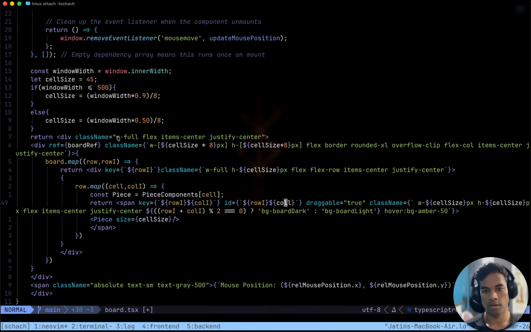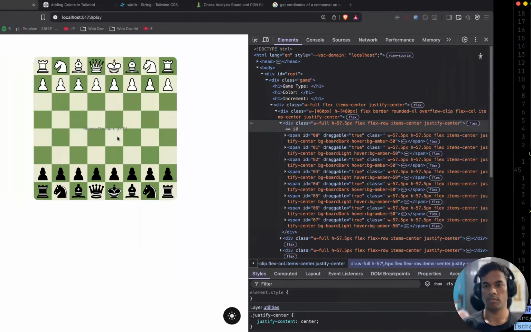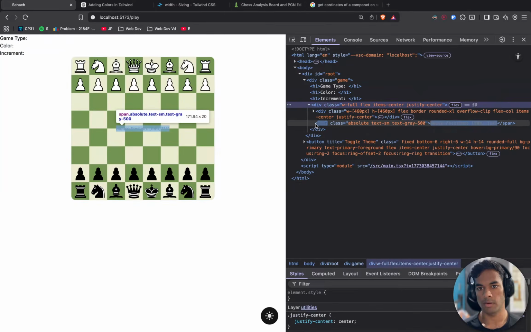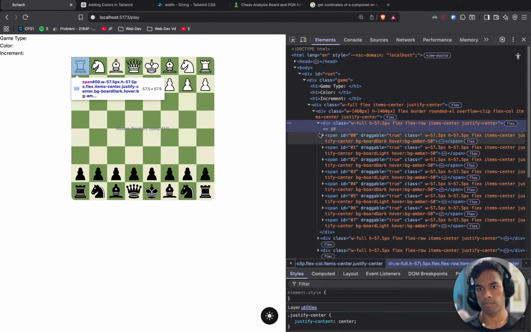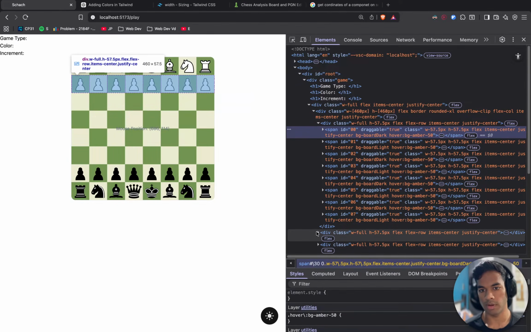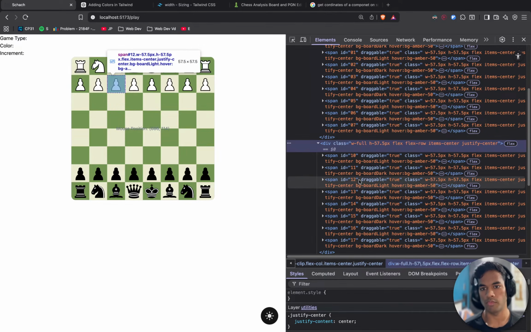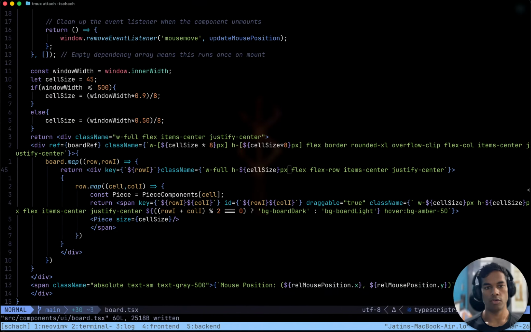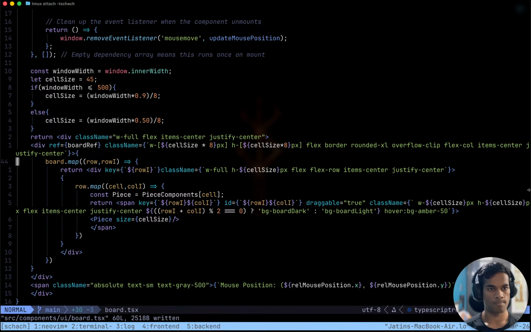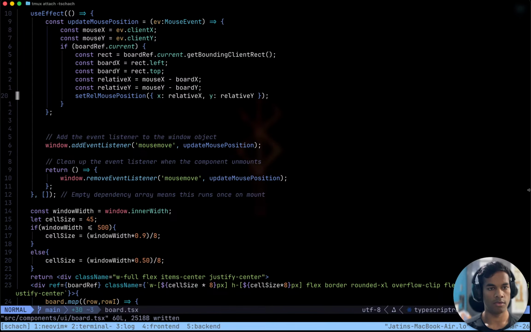Row I, column I, and okay, row I, column I. Okay, do we have it? Yep, cool. ID is cool. 00, 01, 02 till 07, and on the next row it begins from 10, 11. Cool. So we do have the ID. That is very cool.